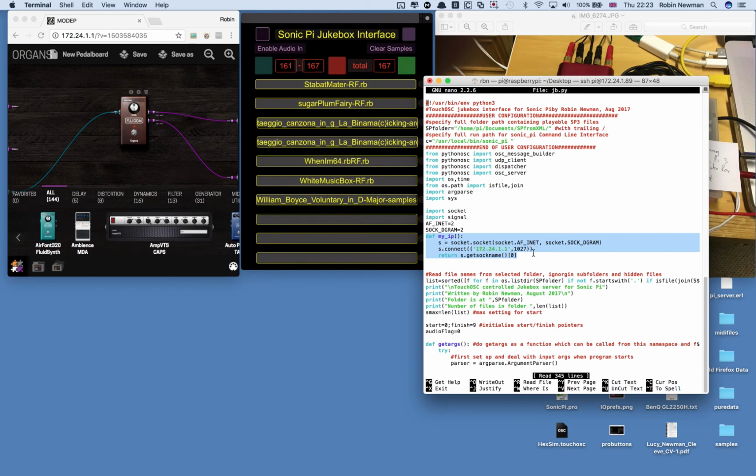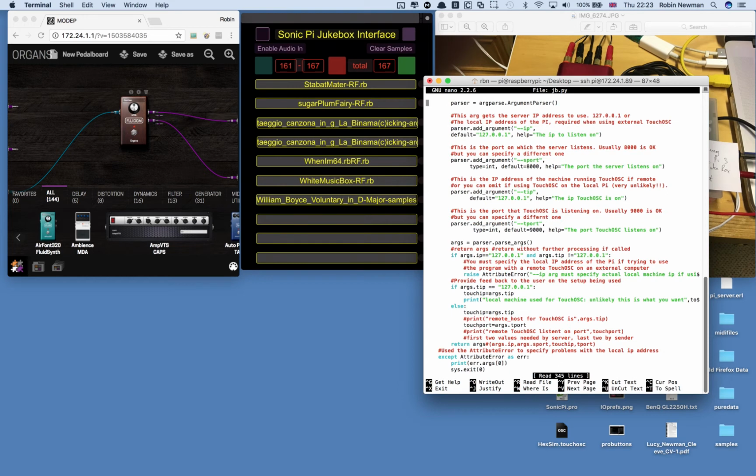I'm not going to go through all the detail, but this is the little section that I referred to before, which actually works out the IP address of the machine it's running on, so that we can automatically supply that rather than having to read it from the --IP argument that we saw previously. But the next section actually deals with, I come down a little bit, collecting the argument information